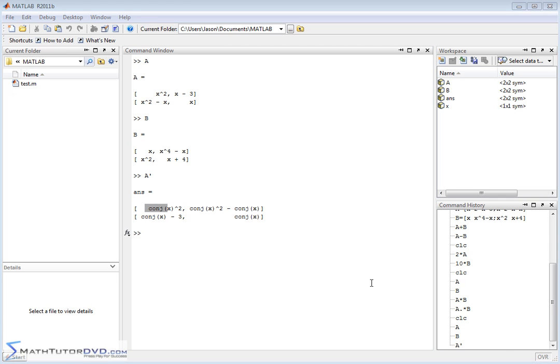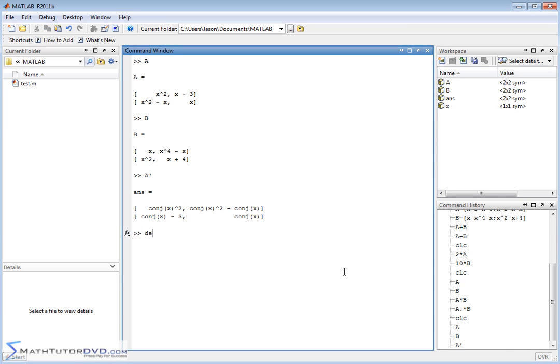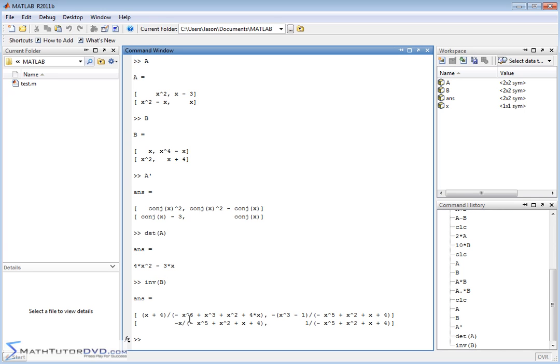And we can also do things like take the determinant. We can take the determinant of matrix A, and it's going to do it in exactly the same way that you would do it by hand. Since this is 2 by 2, it'll multiply these together, and then it'll multiply these together and subtract them, and you'll get the determinant of matrix A. And if this were a larger matrix, it would do all of that math behind the scenes and calculate that determinant. It can also take the inverse of these matrices, and you'll get some large mathematical expression,